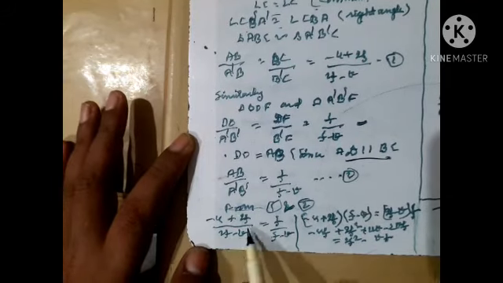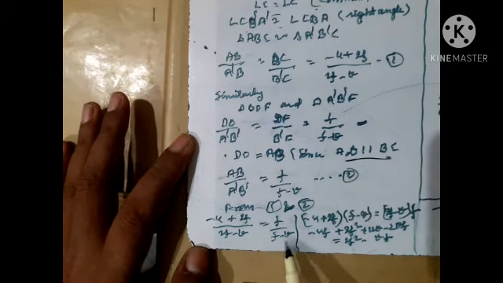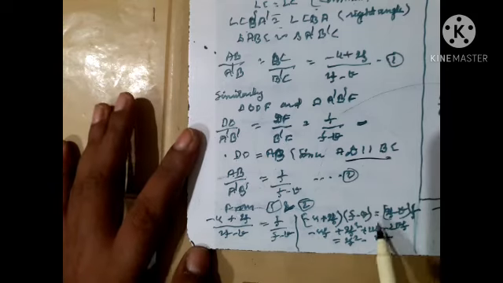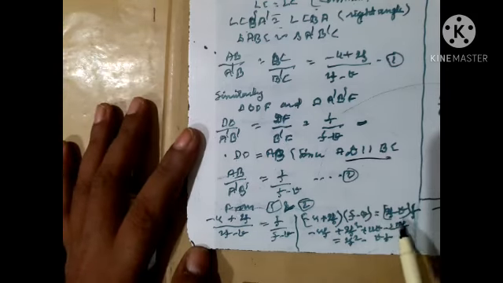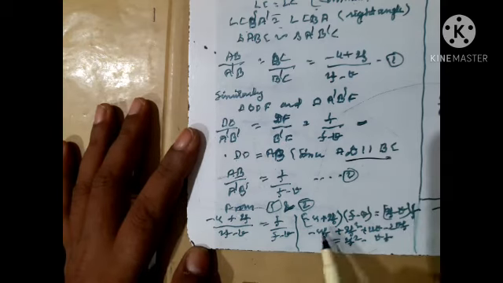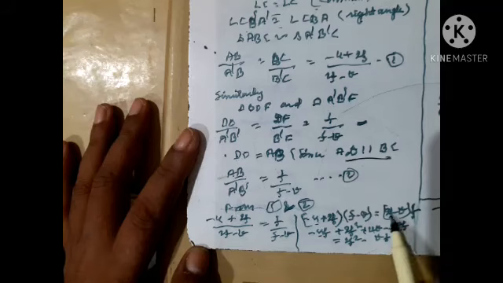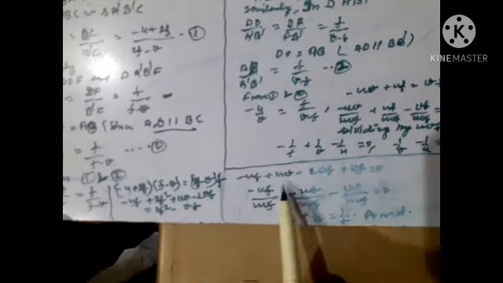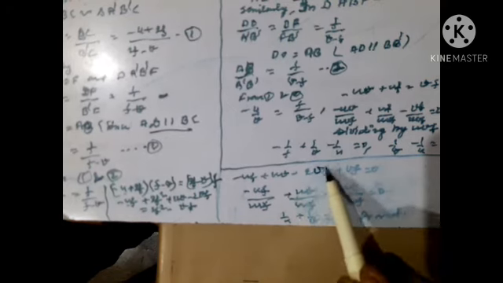From first and second, minus u plus 2f minus v is equal to f minus v. Cross multiply. Minus u plus 2f minus v into f: u into f is uf, uv, minus u plus 2f into f is 2f square, 2f into v is 2vf, and 2f minus v into f is 2f square minus vf. Now here minus uf plus uv minus 2vf plus vf is equal to what? That is 0.